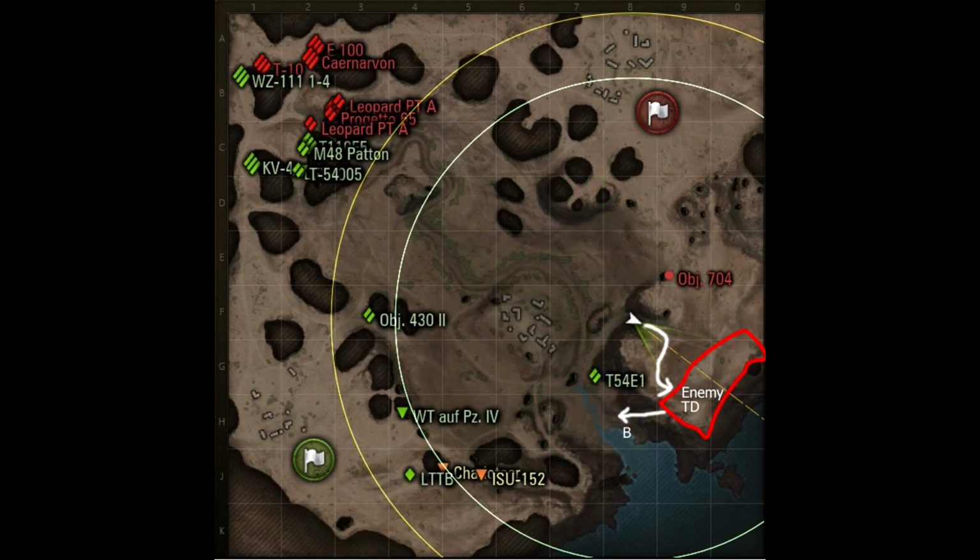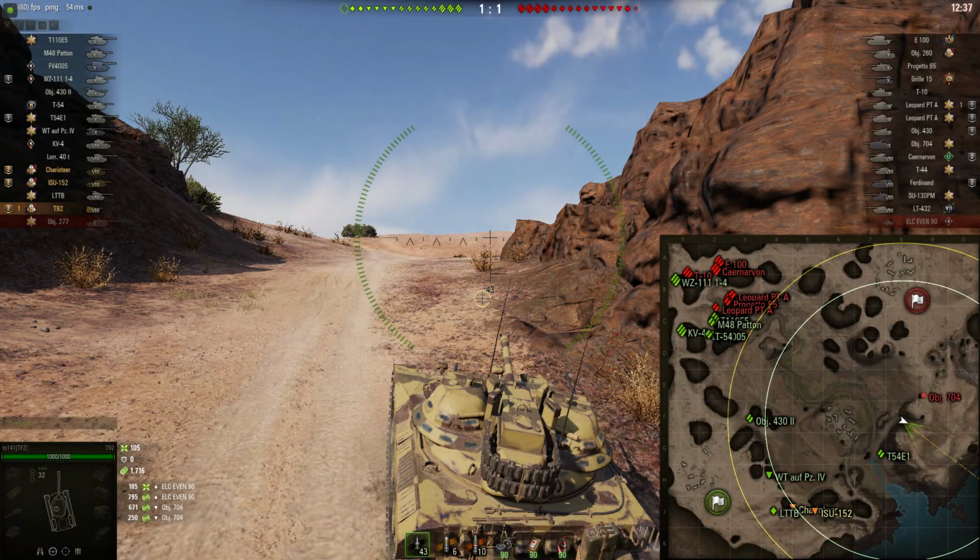As a result, my plan is to rotate around the southern face of the hill running from Hotel 9 to Golf 0 in order to spot the enemy tank destroyers and give my allies on our main sniper ridge the opportunity to take them out. My plan B, should things turn nasty, as shown by the B arrow, will be to retreat into the southeastern corner of the valley as currently occupied by my friendly T-54E1. Getting underway once more,